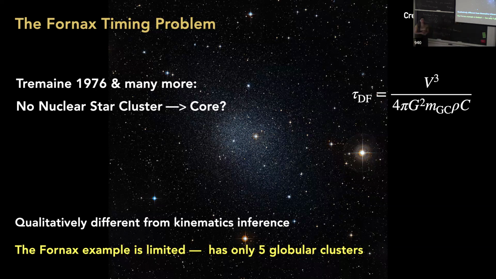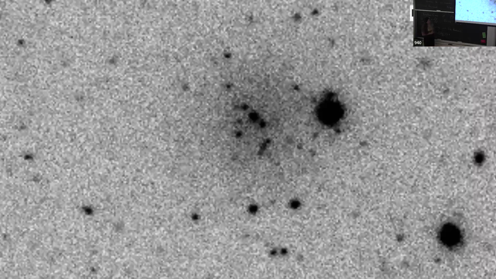And when we started looking with Dragonfly and other telescopes at galaxies beyond the Milky Way, we found really incredible galaxies that have a lot more globular clusters. So here is one of them. I know it doesn't look that interesting yet, but this is UGC1. We thought it looks really interesting, even just looking at it from the ground, because it had this overdensity of point sources and this very low surface brightness stellar body.